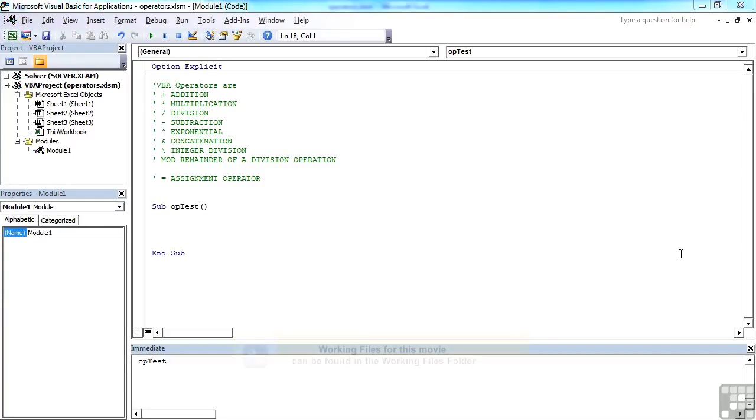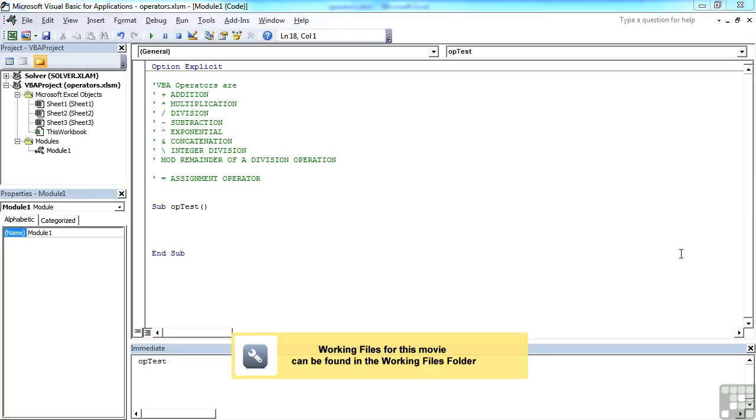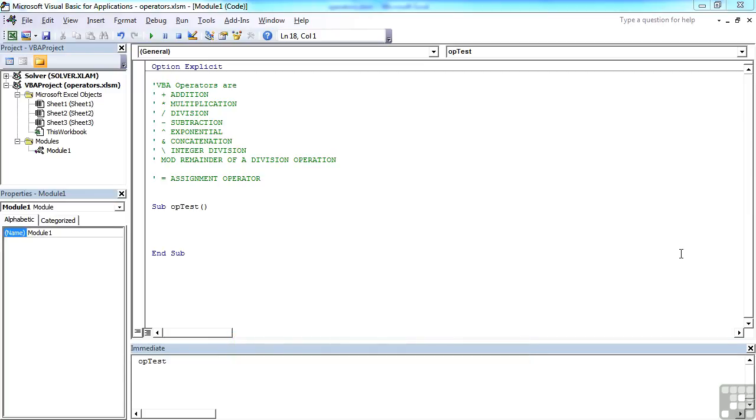When working with Visual Basic for Applications, there is a good chance that you will need to use a lot of operators. Operators allow us to work with our variables and constants to combine them in some way. Now you can see here in the operators file that I've placed in the working folder, we have a plus